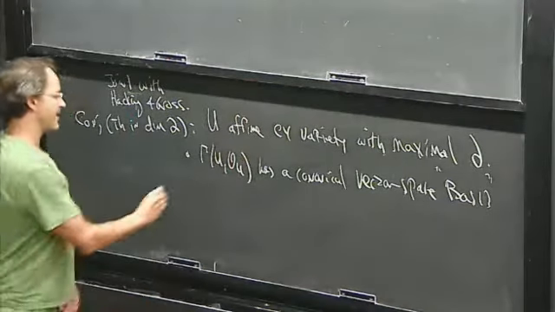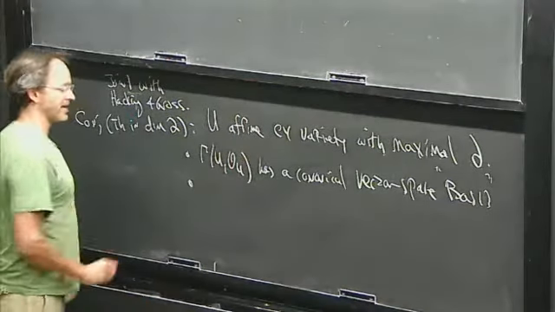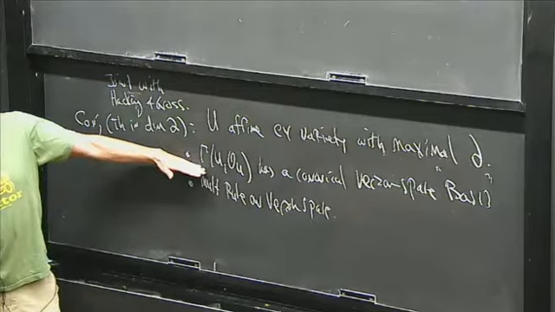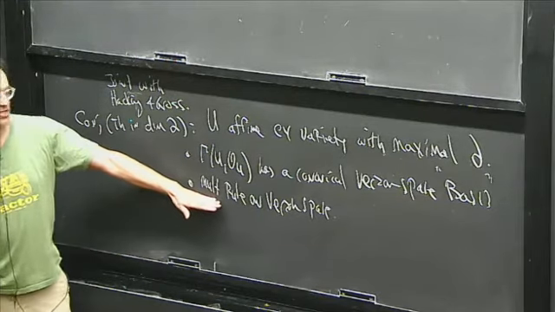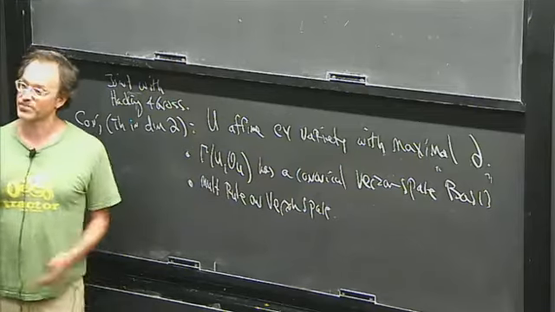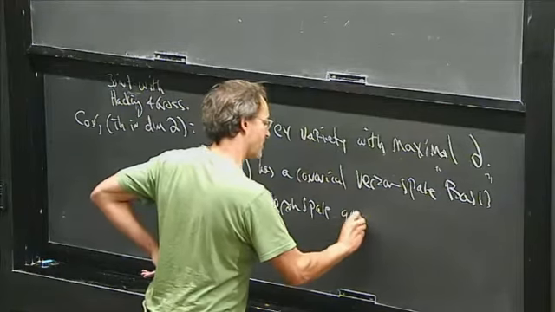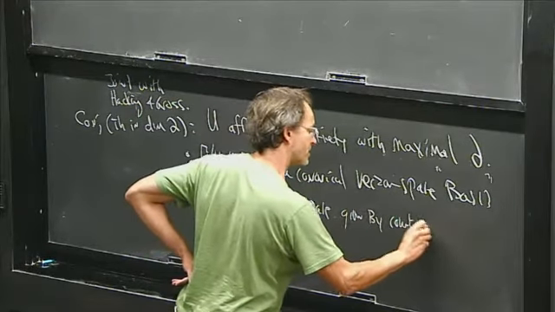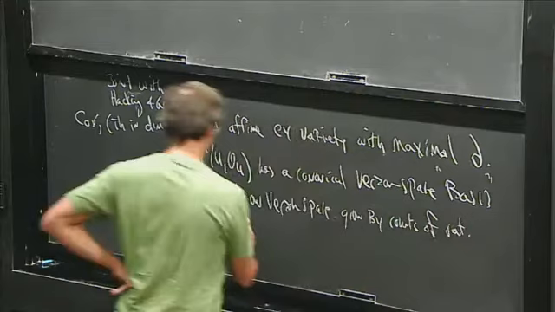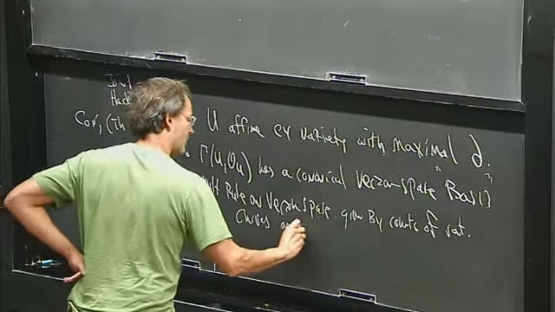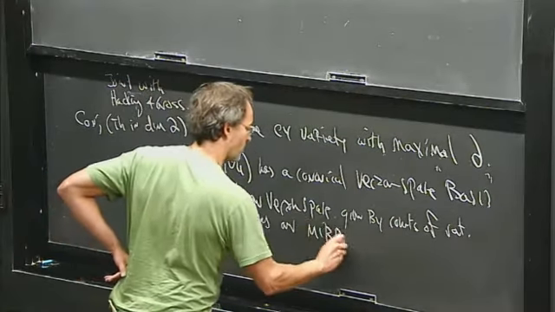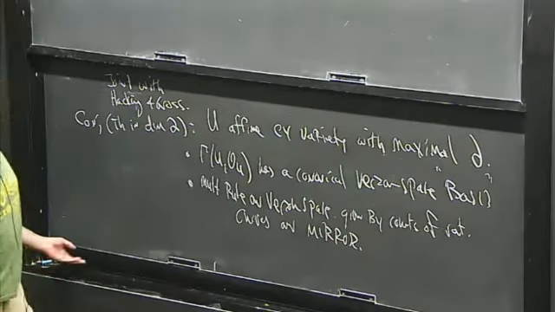It's up to scaling. And secondly, if I look at the multiplication rule on the vector space, so this is a ring, it's a C-algebra. As a vector space, it has a canonical basis. Then I can ask, what's the multiplication rule in this canonical basis? The multiplication rule is given by counts of rational curves on the mirror. Curves on the mirror. Okay, so I want to explain how this goes.